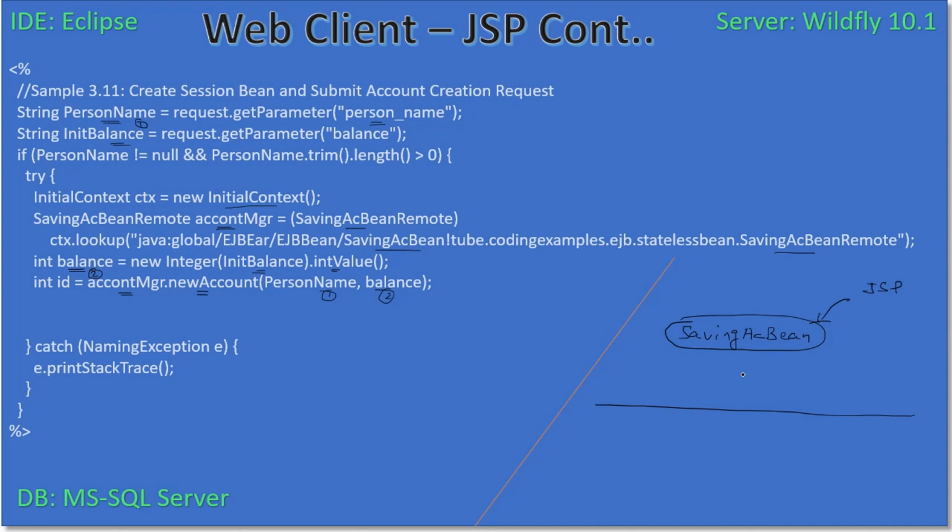So from our JSP file, we are using the SavingsAc bean. It's a proxy, and it maps to the real object in the server. Let's say SACB, the saving account bean real object. Then we make a call to new account. That means it looks like we are making a call to the proxy, but it will be delegated to the object living in the server pool. And here we are making a call to the new account. And inside the new account, if you see,